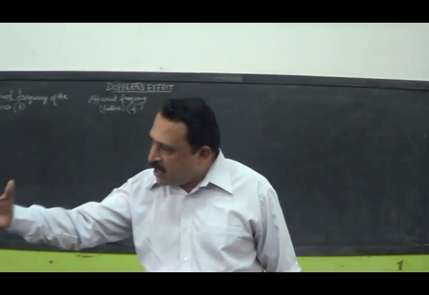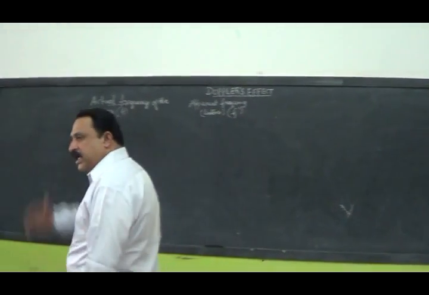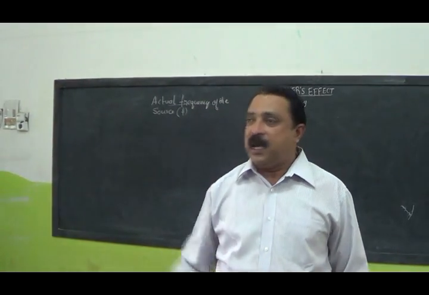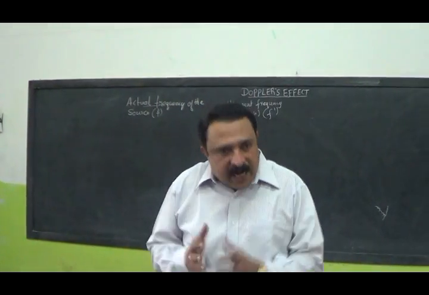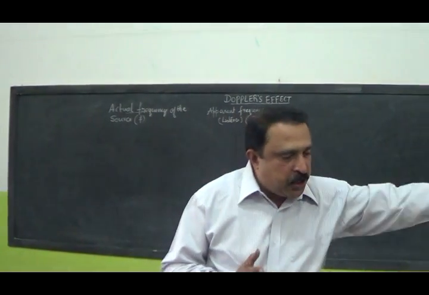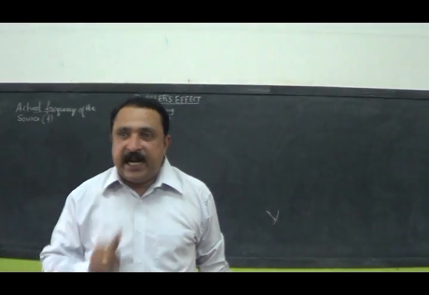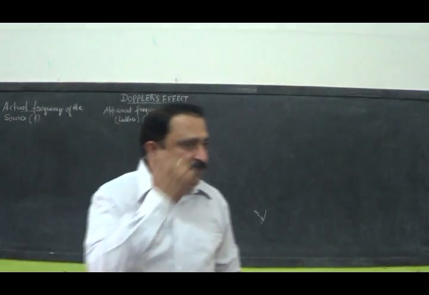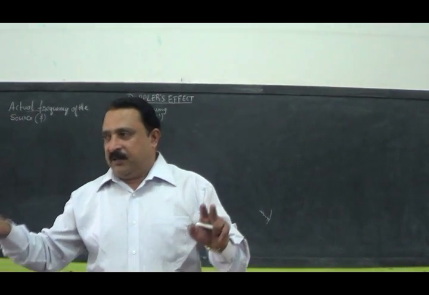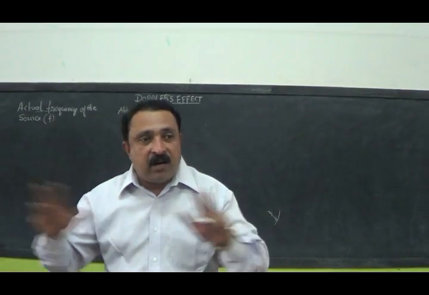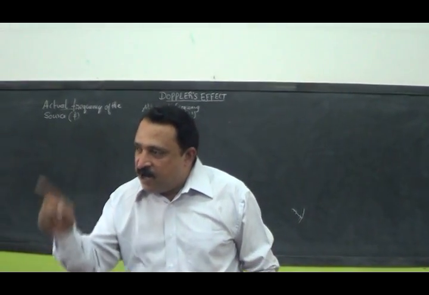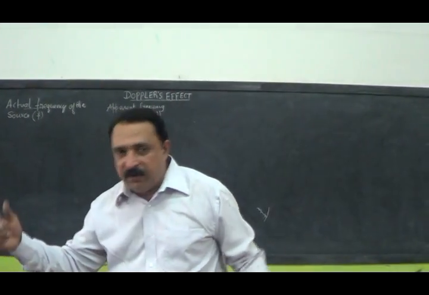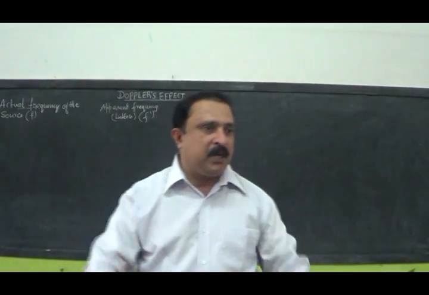The train is coming with a horn frequency of 540 Hertz only. But you get it at 560 Hertz as the train is approaching you. And after the train leaves you, that is, it recedes, you will not get that 540 again or 560, you will hear it at 520 Hertz. So this 540 is actual, 560 and 520 are apparent frequencies. The change in the value of the apparent frequency